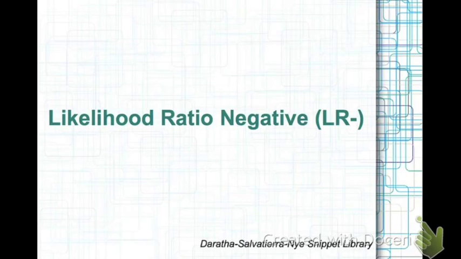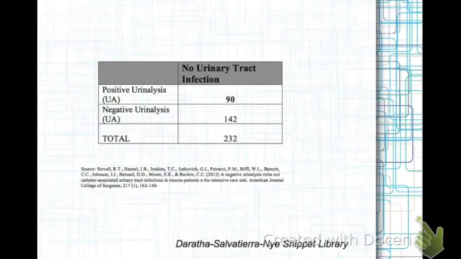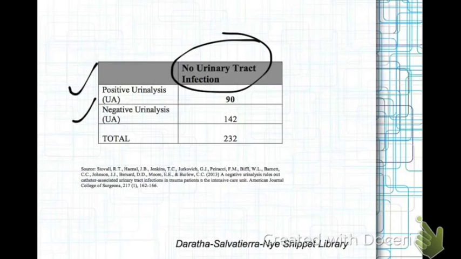Likelihood ratio negative. Likelihood ratio negative is a statistic commonly reported in diagnostic trials that reports the likelihood that a given test result would be expected in a patient without the target condition as compared to a patient with the target condition. Consider the case of a urinalysis as a diagnostic test to rule out a urinary tract infection as